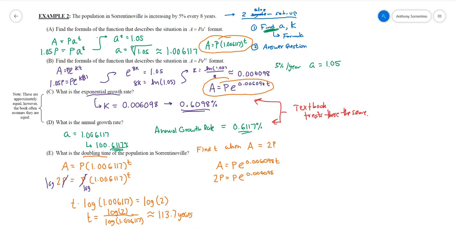I would divide both sides by whatever that original amount was, because again, even with the base e, I cannot turn it into a logarithmic equation until I just have the exponential and the base and its exponent. The other thing that's going to be different here is, since all I have is the base e, it's probably just best to use a natural log. So I'm going to have